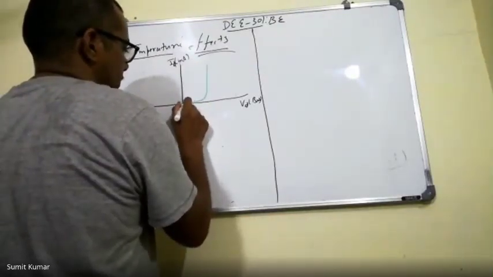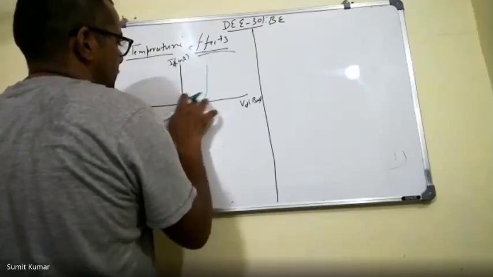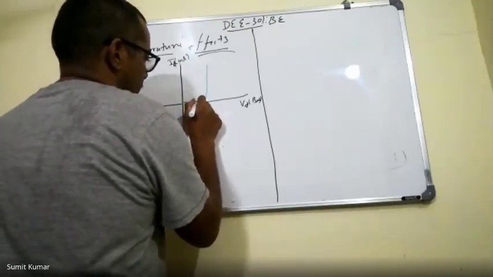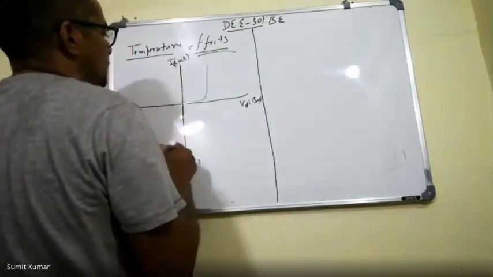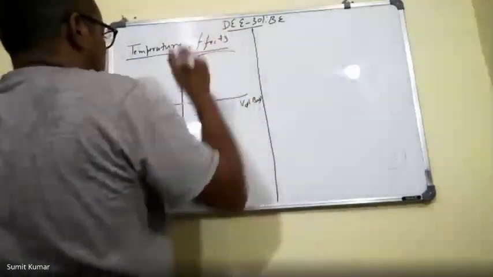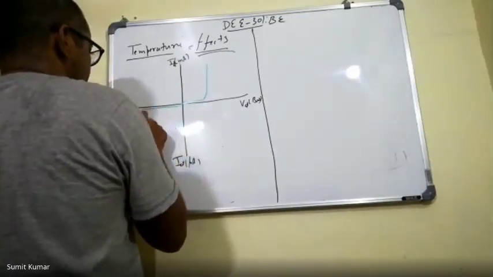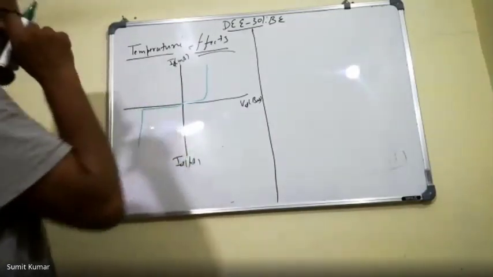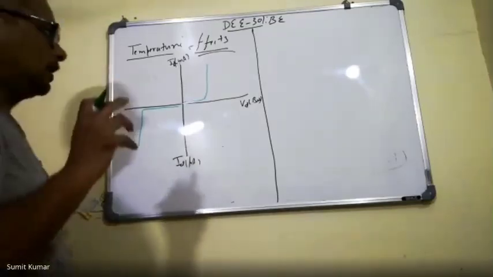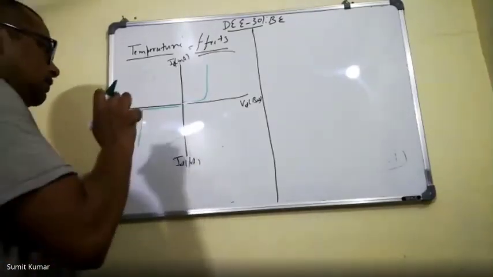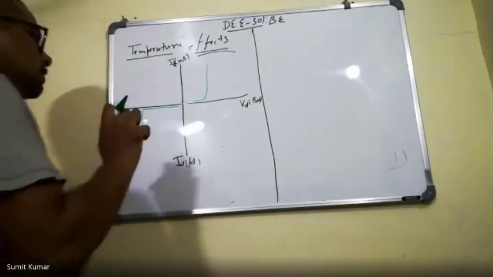Initially it's not visible, then suddenly it goes very high. There's one more thing that you need to understand in the modeling. In the modeling that we have done for the diodes,